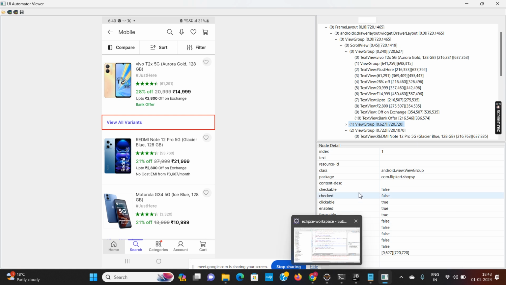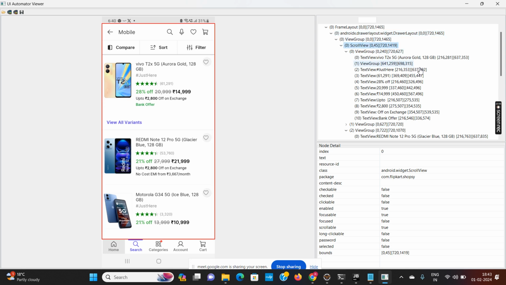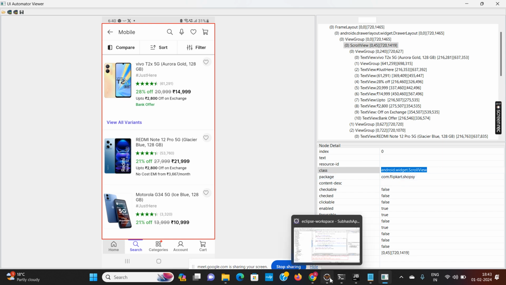Let's try to do it. First of all, we'll go to the scroll view. For the scroll view, I will use this class. So we'll use the class name scroll view.